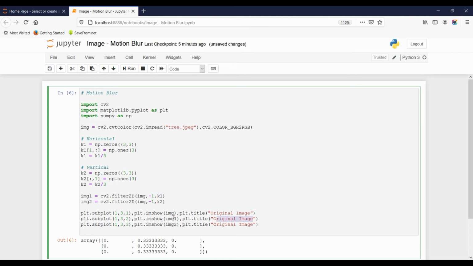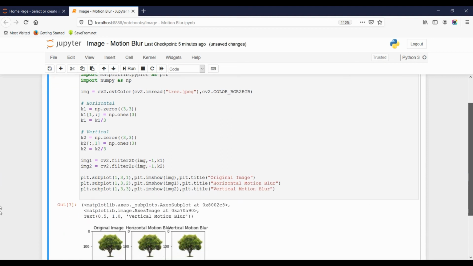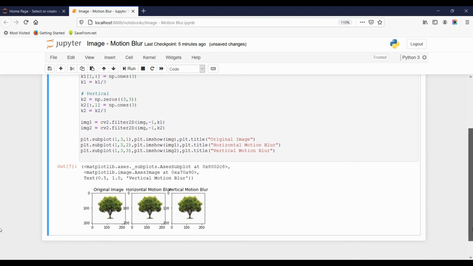Here I will say this is the effect of horizontal motion blur, and this is the effect of vertical motion blur. So here the output is there.